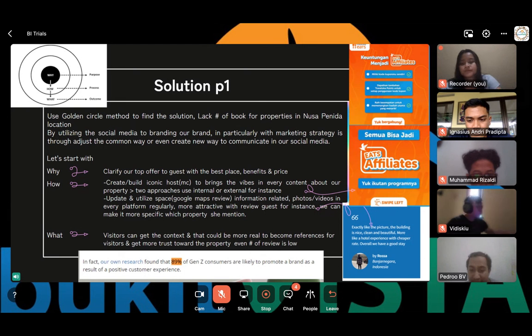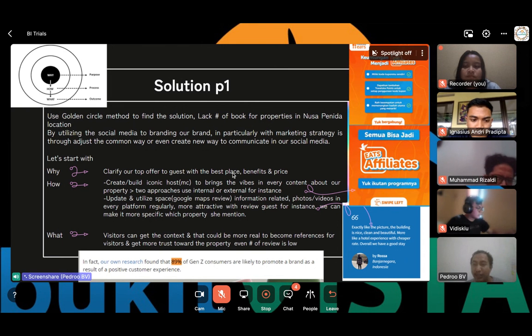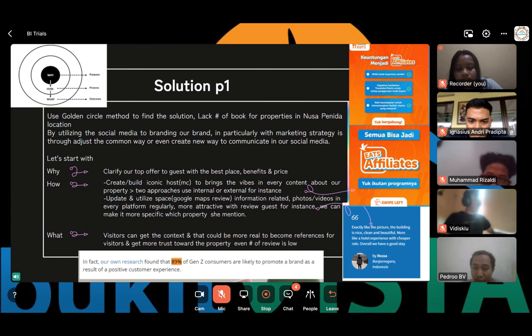So like Nusa Penida, if we regularly update, for instance, about the safety in Nusa Penida, with photos or something related to what guests need, the first thing they search about is the safety of this place. It's mostly coming from Google Maps, for instance. So yeah,